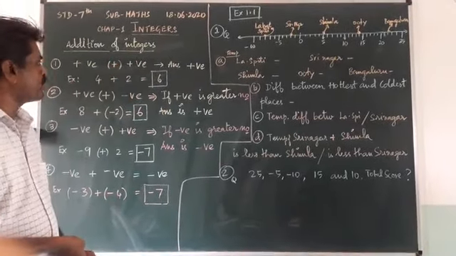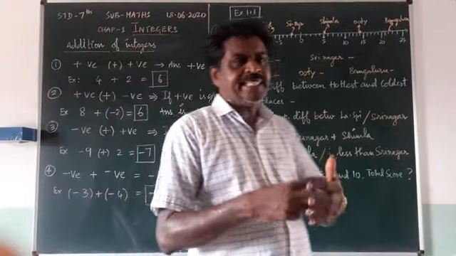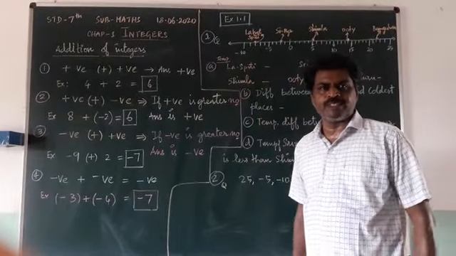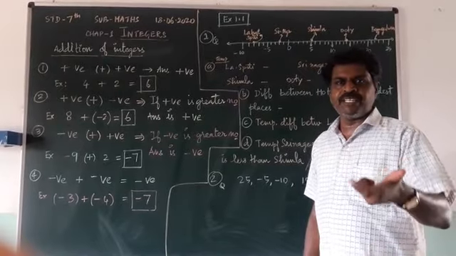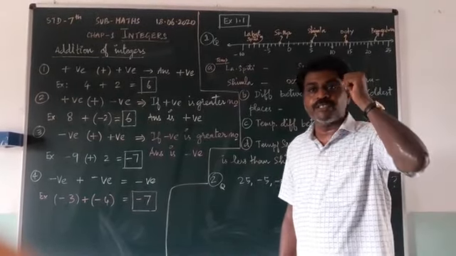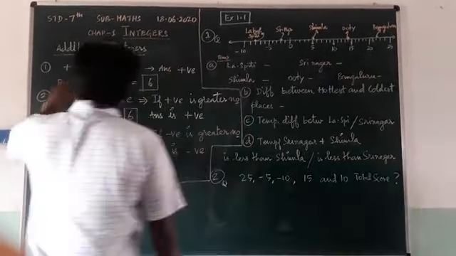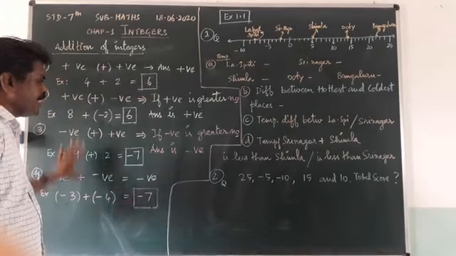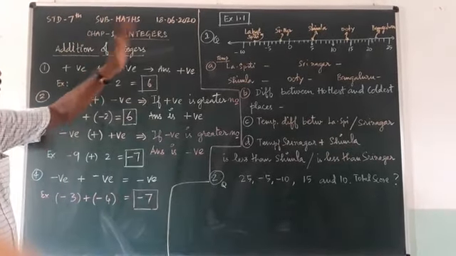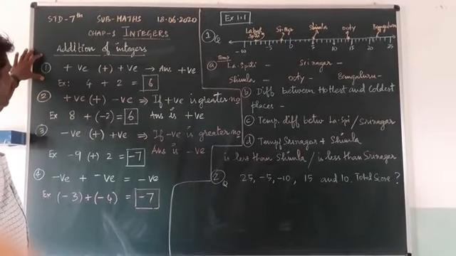Now we are going to study what the result will be when you are adding integers. Two different integers or the same integers, when you add them, what is the result you are going to see? In addition of integers, I have given the general format. Based on this we will do the problems. So what is the first one I have given?